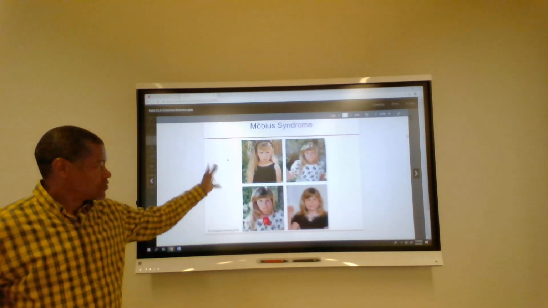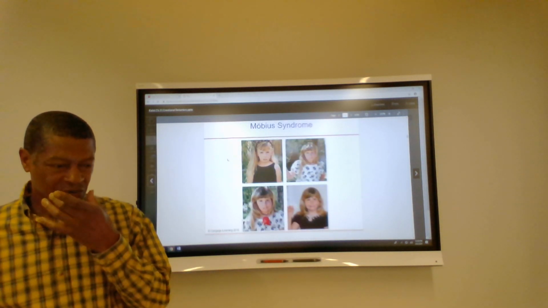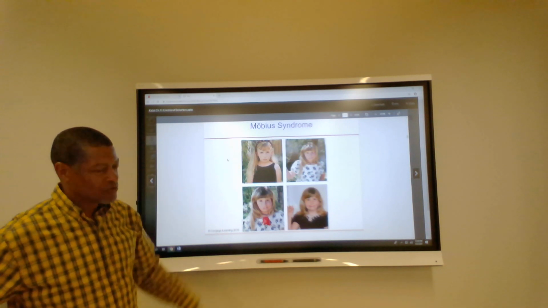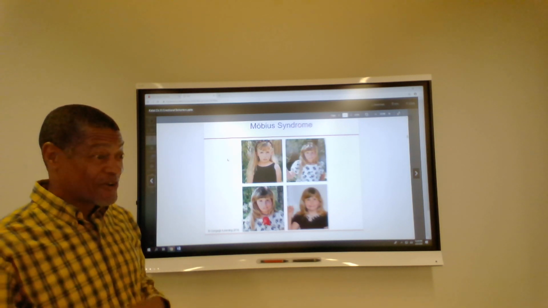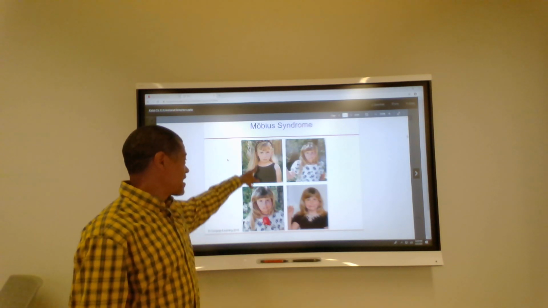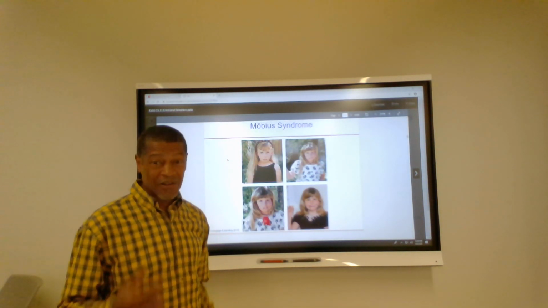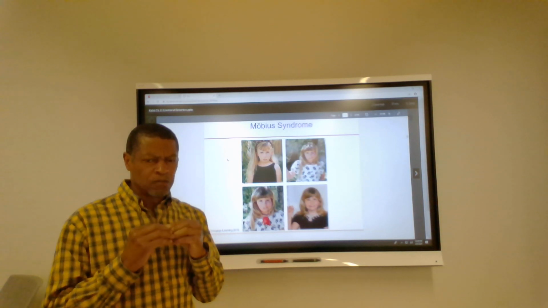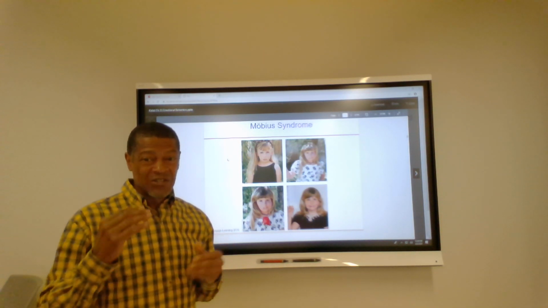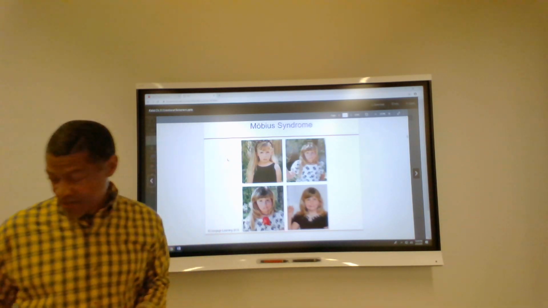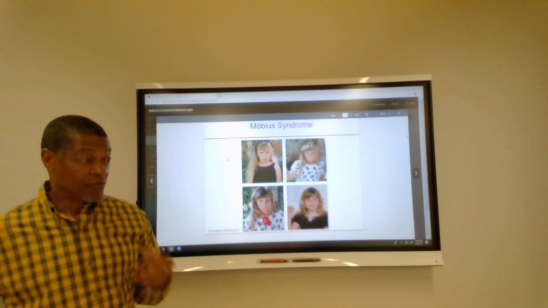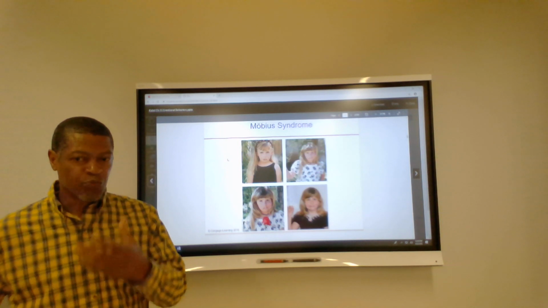This is showing an example of a little girl who has a condition called Mobius syndrome. She is playing with friends, and the friends don't know how to deal with her. Even though she may be happy, she may have this kind of look on her face. She may be really smiling, but her face is structured to look like it's sad. So this can be problematic in terms of dealing with people in the environment. There are some syndromes where people really can't smile and express emotions.